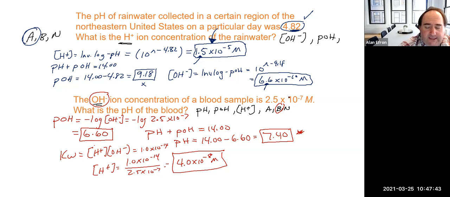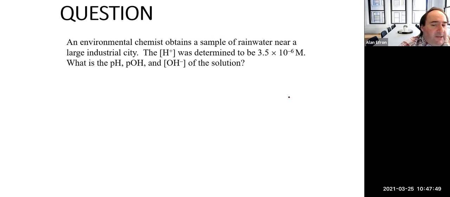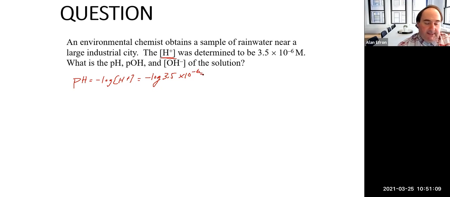Okay. So I'm going to try another one, kind of the same stuff. We're looking for all the same things, but we're starting with an H plus concentration of 3.5 times 10 to the minus 6. So take a moment or two and see what you come up with. On this one, we're given the H plus concentration, so it's a good place to start. We'll go right into the pH. The pH is minus the log of the H plus. That's going to be minus the log of 3.5 times 10 to the minus 6. And that's going to get us